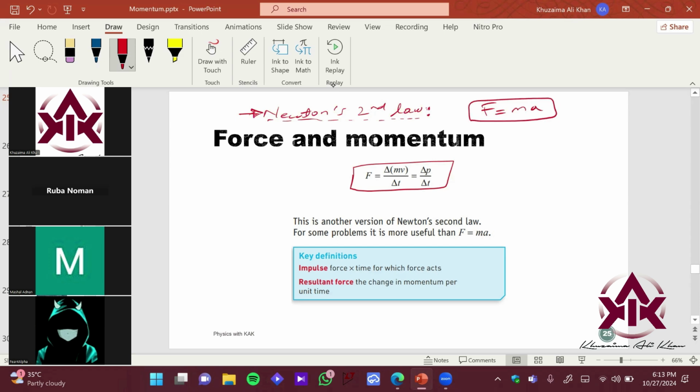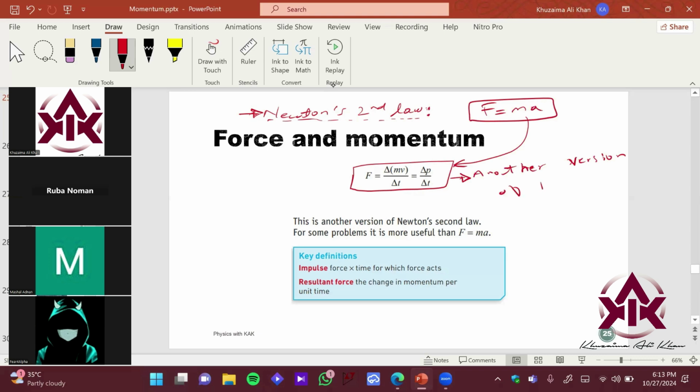So now I'm going to pay quick attention. I'm going to derive this, right? How do we go from here to here? So this is basically another representation of Newton's second law. Another form of Newton's second law. So if you write this definition down for Newton's second law, that will also be accepted, right? There's another version